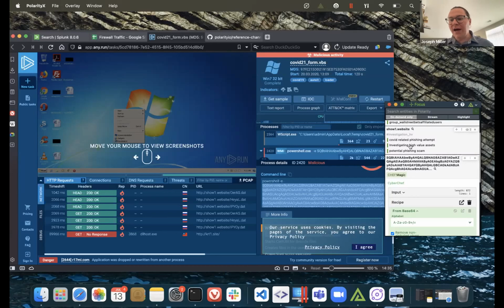here, there's this show1.website, which Ed had just annotated from ServiceNow. So immediately as a malware analyst, I know that, okay, this is potentially related to a phishing attempt. We're actually currently working on investigating this. Say this was a file that came from one of those high value assets. I might want to escalate that to the IR or the SOC team as they're investigating and let them know that, hey, there's this piece of malware that was run. It looks like this might have been something, and maybe we need to escalate it further or take whatever action